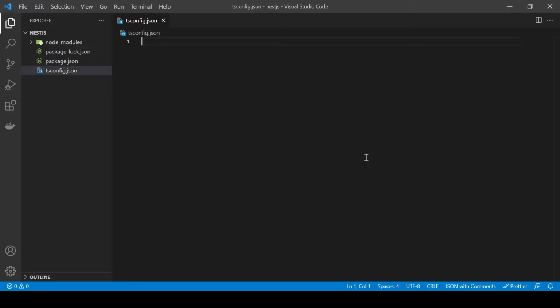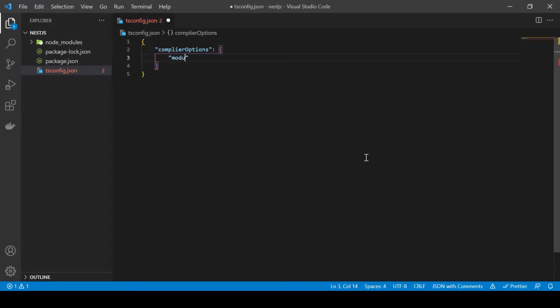So I'll create a JSON file here, and first starting with a string, which I'll set as compilerOptions. So this is going to be an object, and the first thing we are going to do is set the module. We're not going to be using ES module, so we're going to be using CommonJS. We're also going to set the target. So what target are we expecting TypeScript to spit out our file in? So we're going to target ES